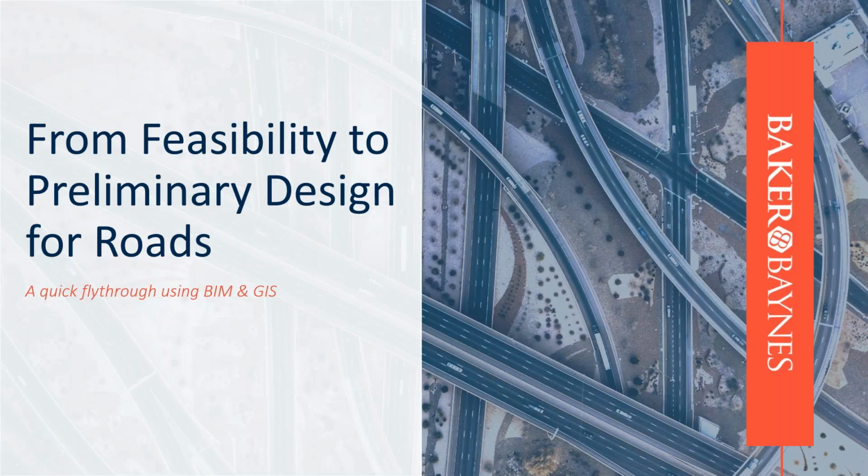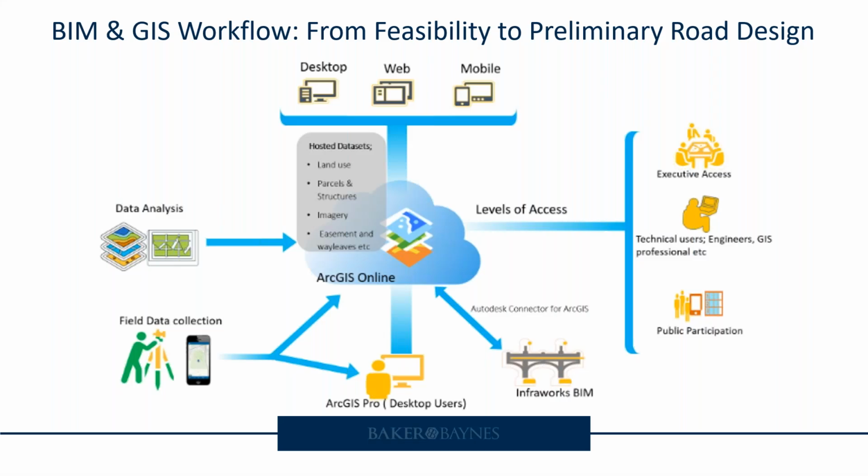All right, so I hope that explanation has put things into clear context for everybody. Now what we're going to do is jump into the workflow. So let's have a quick fly through using BIM and GIS as a workflow. We're going to start from feasibility right up to prelim road design. Now this is the skeleton view, I would like to call it that, of what's actually going to happen, where